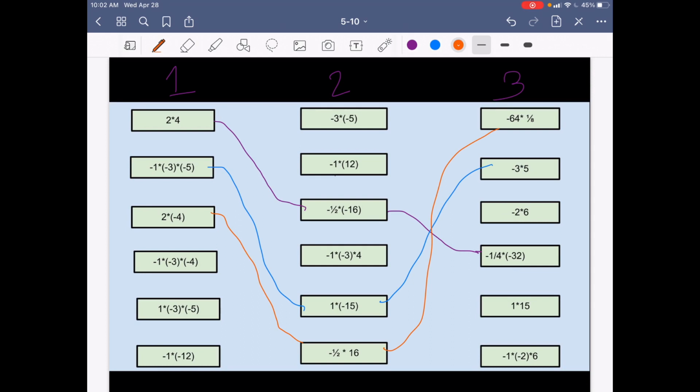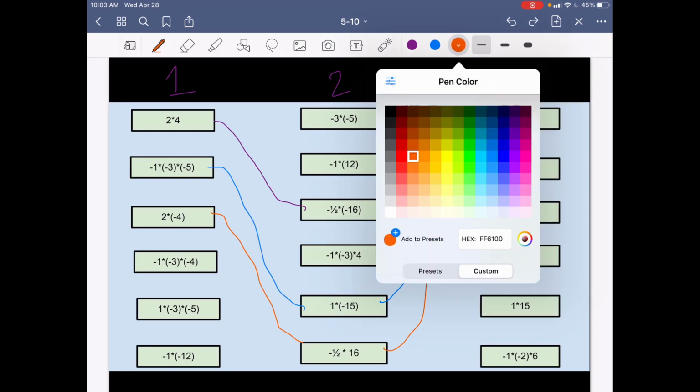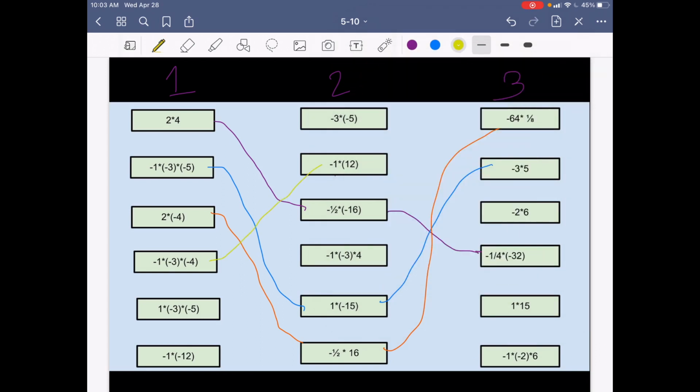Now I have negative 1 times negative 3, which is going to give me positive 3, times negative 4, and that's going to give me negative 12. So I see this one here that's turning that 12 into a negative, and now I want to find it again, and it looks like it's going to match up with this one over here. Let's grab a different color for this. All right,